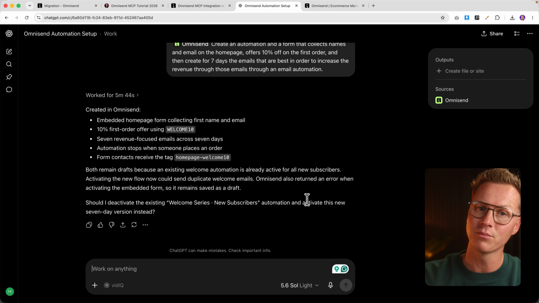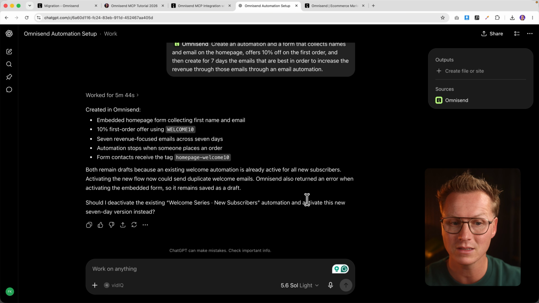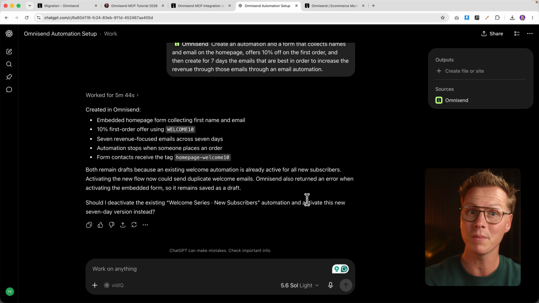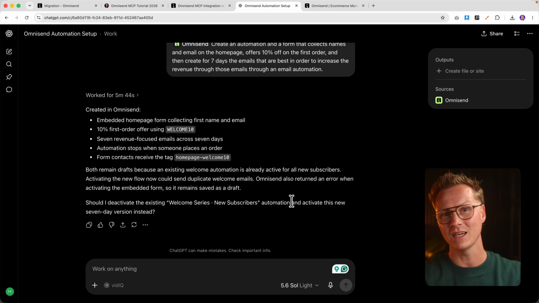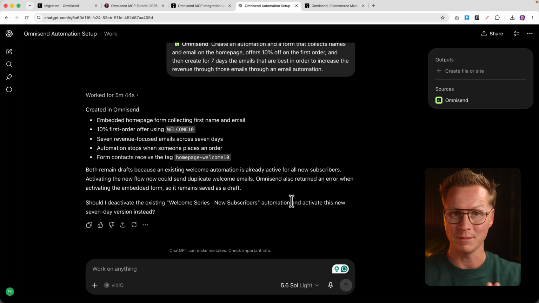And that's the big power. That's the change, the transformation we're going through, that within a short amount of time, we don't have to go to Omnisend at all anymore. Everything will be seen over here. You want to see the sales of the last month? Just ask it. You want to see how you can improve your automations or your campaigns? Just ask it. Want to create a new campaign or a new automation? Just ask it. And that's the power of Omnisend in combination with an MCP, which can connect to Claude or